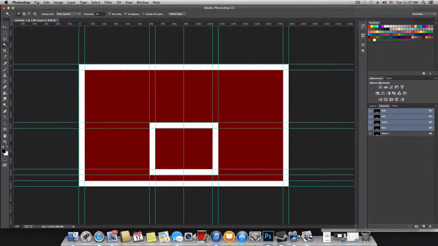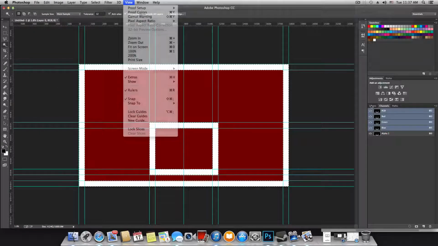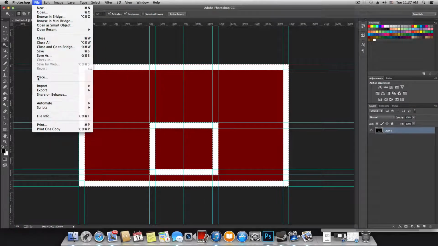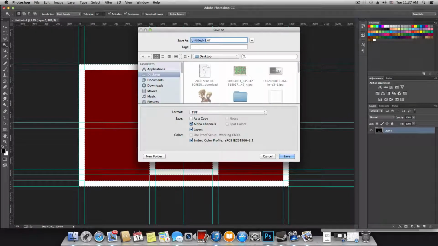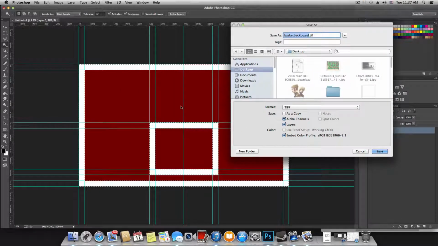All you have to do from here is change to the Layers tab and then go over File, Save As, and you want to save this as basketboard, backboard or something, and you want to make sure it's TIFF, okay? This will allow you to save any layers if you have any, and also alpha channels. So this red thing that we created here is an alpha channel. This means that whenever we import this into Maya, this red area will be transparent. You want to click save,